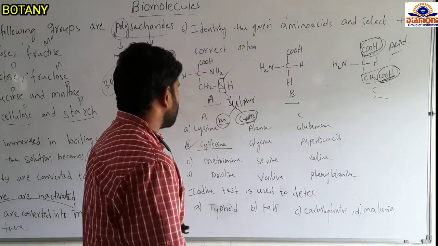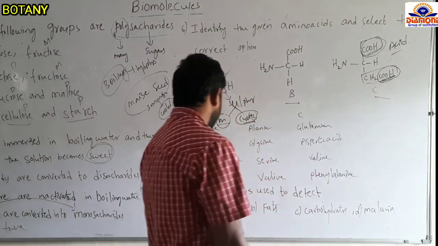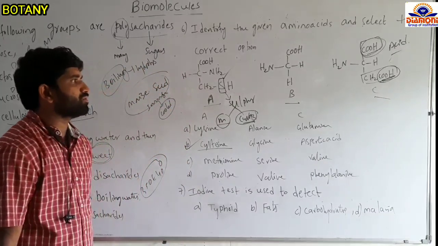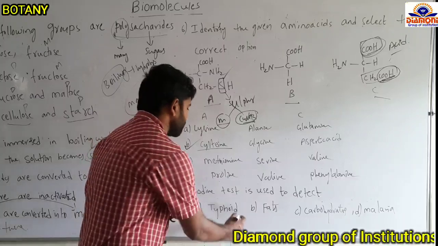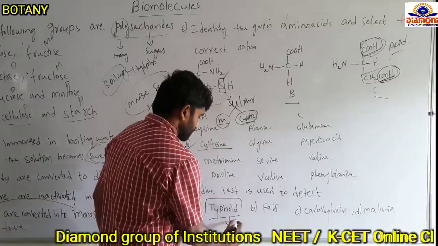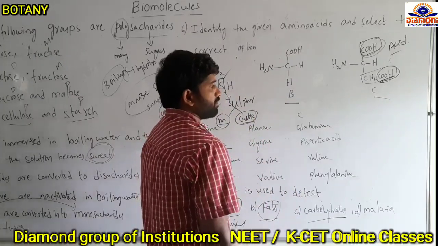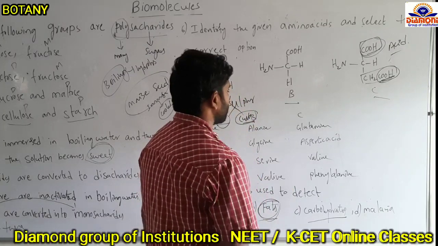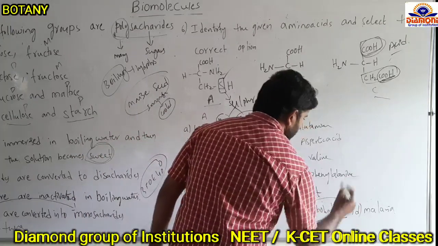Next question, the iodine test is used to detect: option A typhoid, fats, carbohydrates and malaria. Iodine is used for detecting different types of molecules. Typhoid is confirmed by the Widal test. Fats, carbohydrates and malaria each have their own confirmation tests. Out of the given options, for the carbohydrate confirmation test,